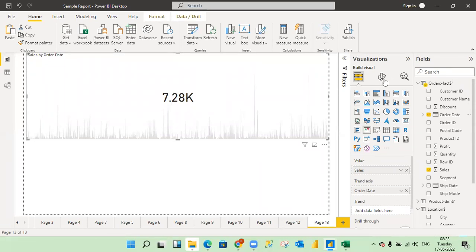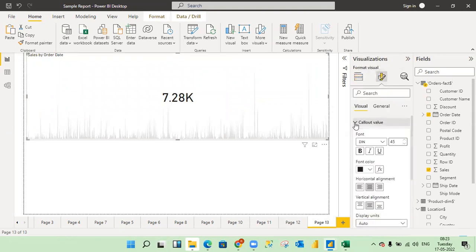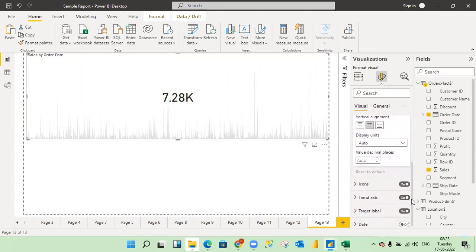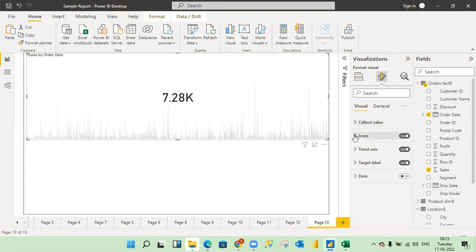Okay, then give some colors. Callout, font size, font color, display units, we can change. Icons, icon size we can increase. Here we have trend labels,